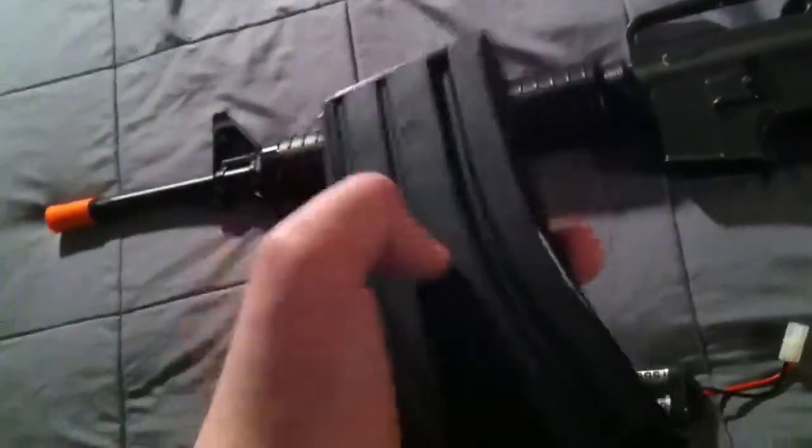So in your package, it might include a sling. I bought this off eBay for 60 bucks, so yeah, definitely worth it. But I don't know what comes in the original packaging. However, it comes with a 300 round metal high cap,